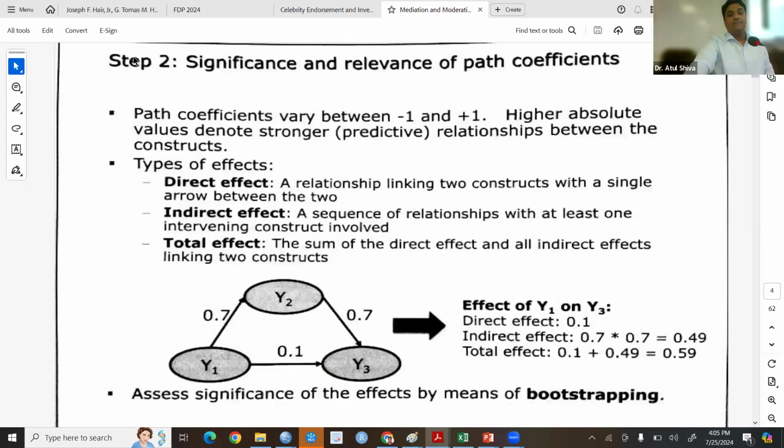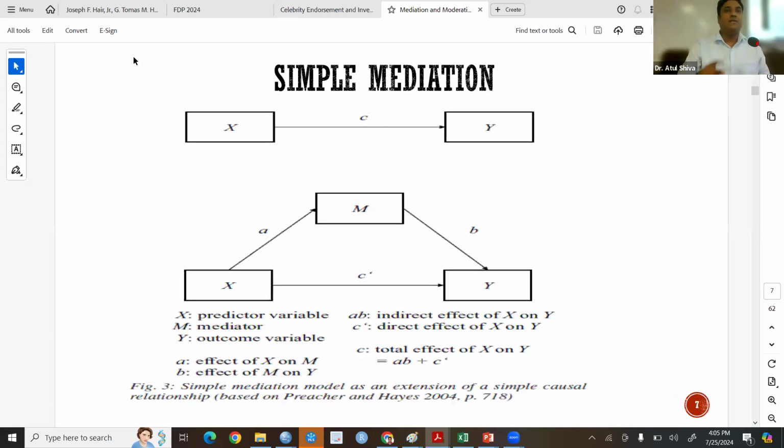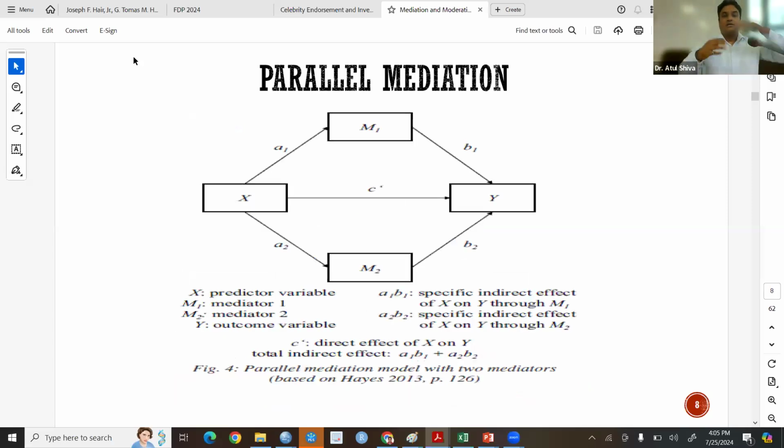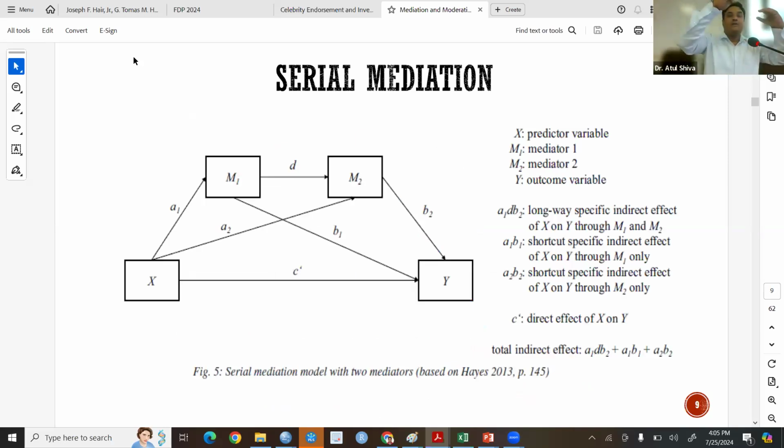So ये जो आपकी mediation है, this is simple mediation when there is one mediator: X, M और Y. और hypothesis बनेगा whether M acts as a mediator between X and Y. Simple. When there are two mediators but not related to each other, then it is parallel mediation. तो एक पेपर बनता है पैरेलल mediation का। When X leads to M1, M2 and Y, ये भी PPT दी हुई है, मैंने आपको दे दी है, ठीक है। So the X to M1, M1 to M2, M2 to Y,